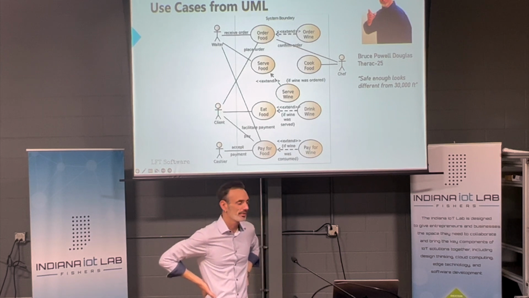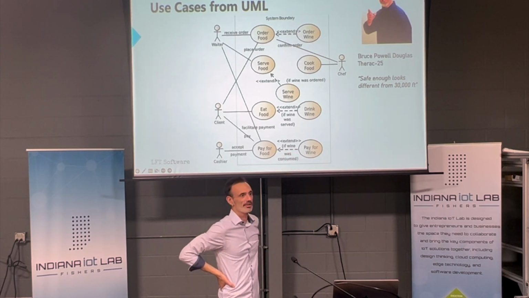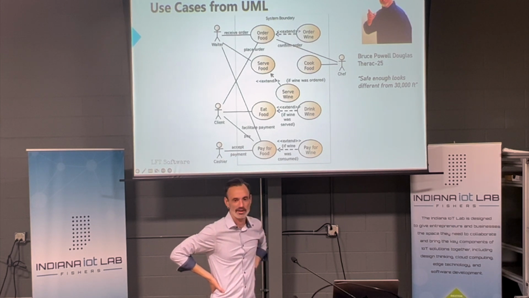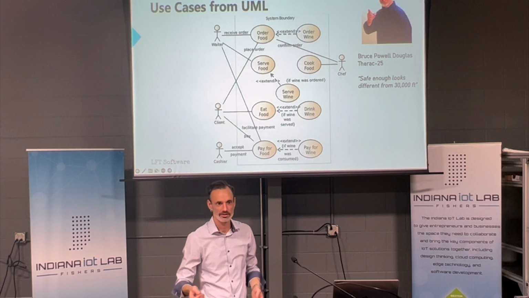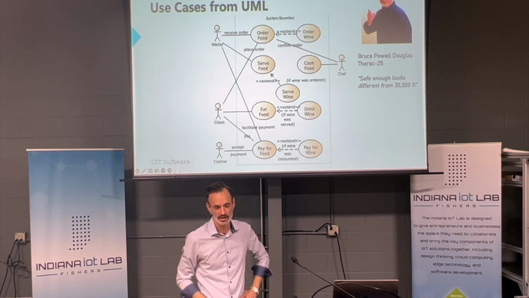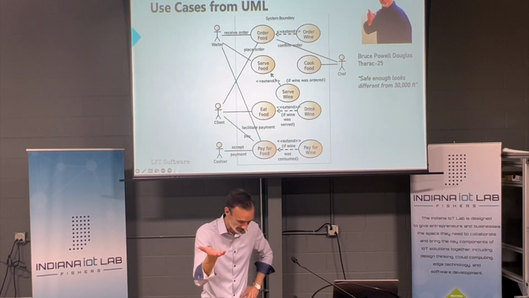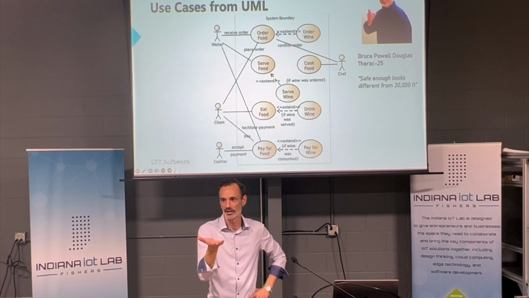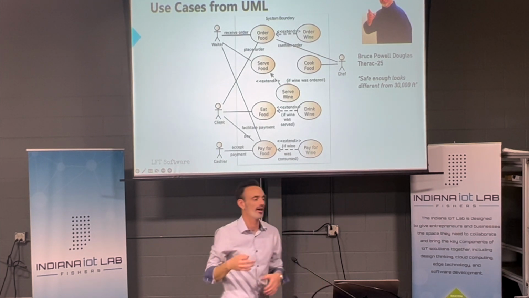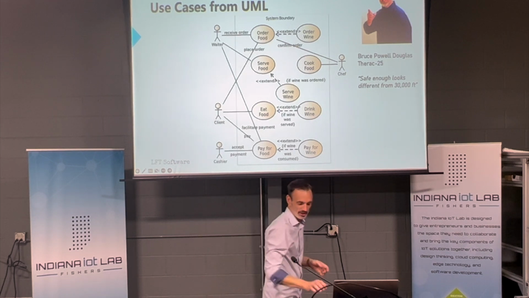So the line I love from the book, from Bruce, is: what is safe enough looks different when you're at 30,000 feet. What he means by that is, when you're here on the ground making an engineering decision about redundancy, you're just like, whatever. Go up in a plane and think about it: I'm at 30,000 feet, literally being held up by air, going fast. Is it really safe enough?